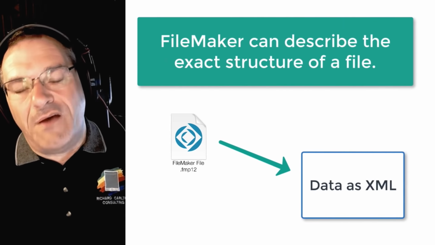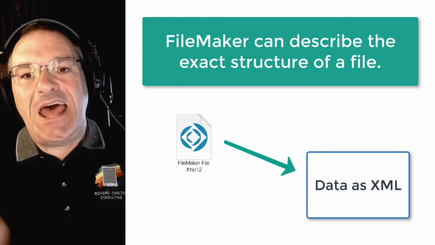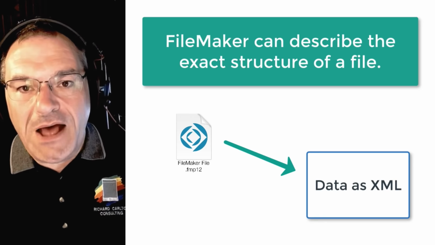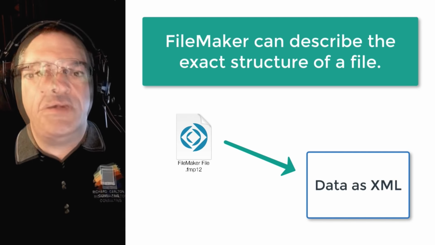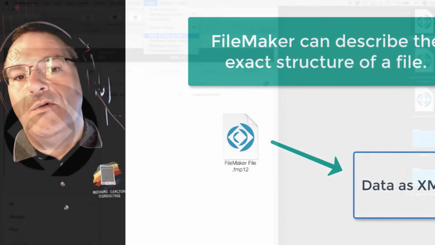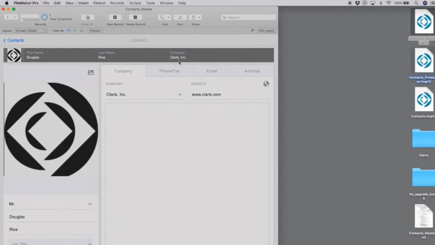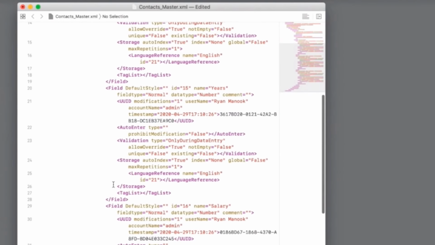It's the ability for FileMaker to describe in precise detail the exact structure of each FileMaker file. Historically, this has never been possible because FileMaker was written on this proprietary engine with proprietary processes. Well, now you can actually export all the code of your FileMaker custom application. You can go into it and text edit and change items and identify sections of the code that you want to patch into another file.